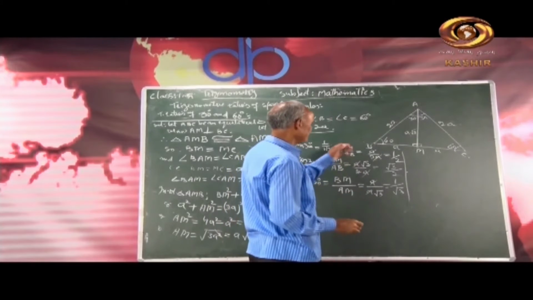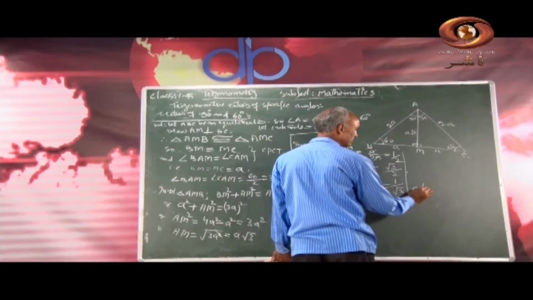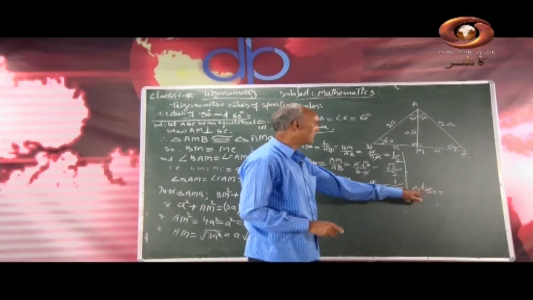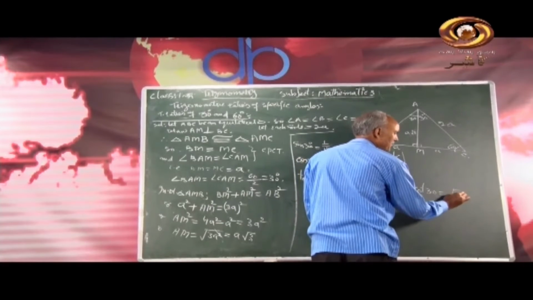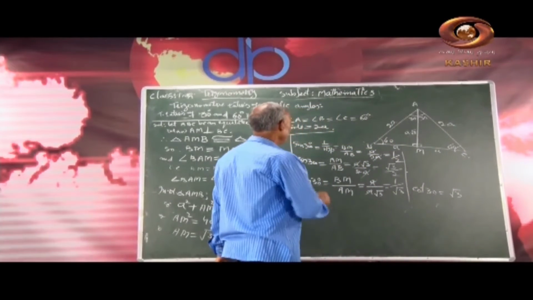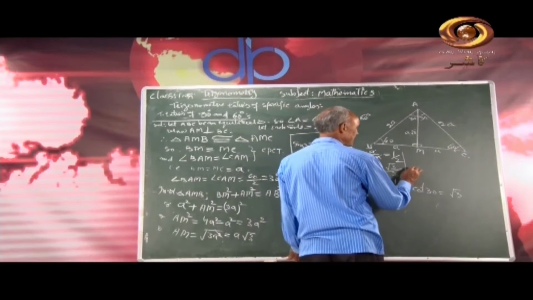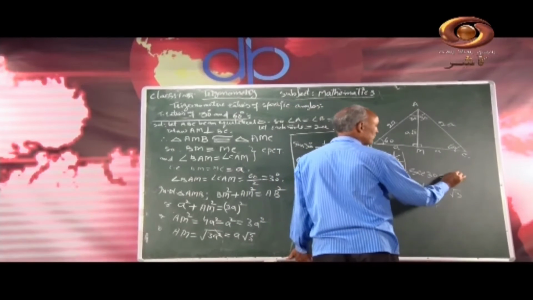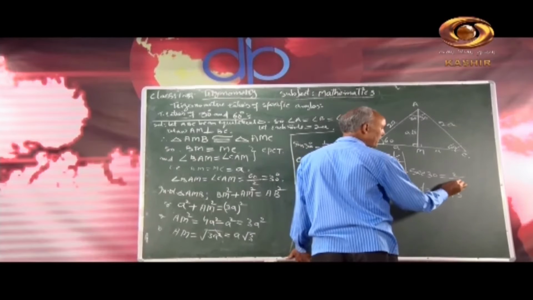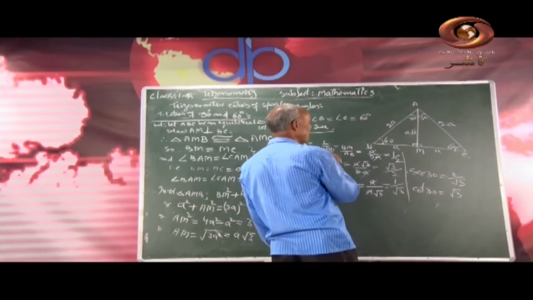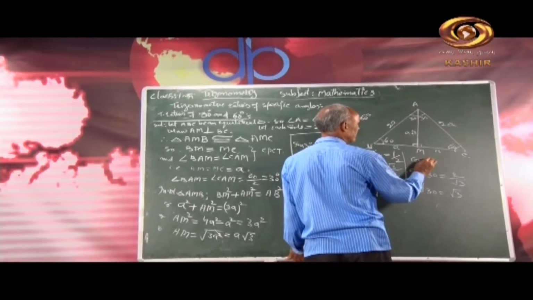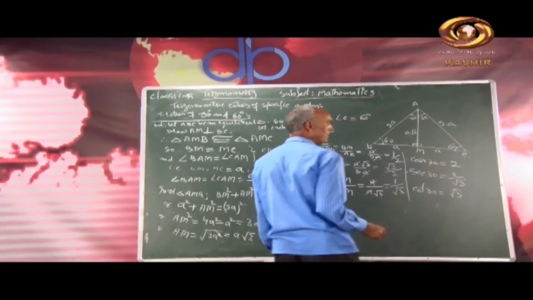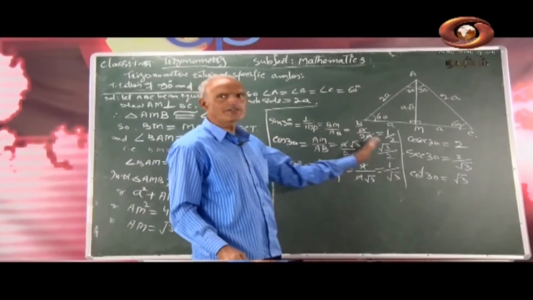Taking the reciprocals of these, we get cot 30 against this tan 30. When tan 30 is 1 by root 3, cot 30 will be its reciprocal, that is root 3 by 1. We omit this 1, this is root 3. Then the reciprocal of cos 30 is sec 30, and we can write 2 by under root 3. The reciprocal of root 3 by 2 is 2 by under root 3. And the reciprocal of sin 30 is cosec 30, which can be written as 2 by 1 or simply 2. So these are the trigonometric ratios for 30 degree.